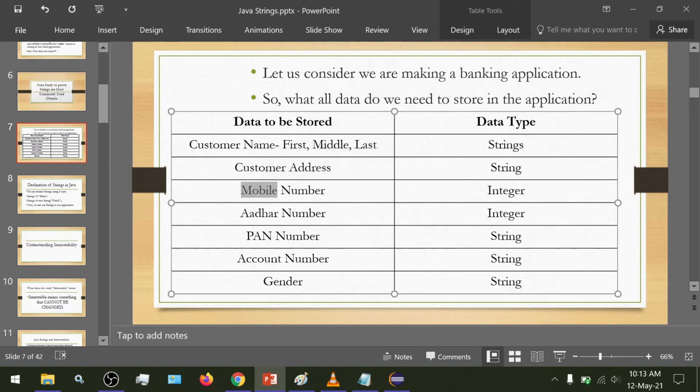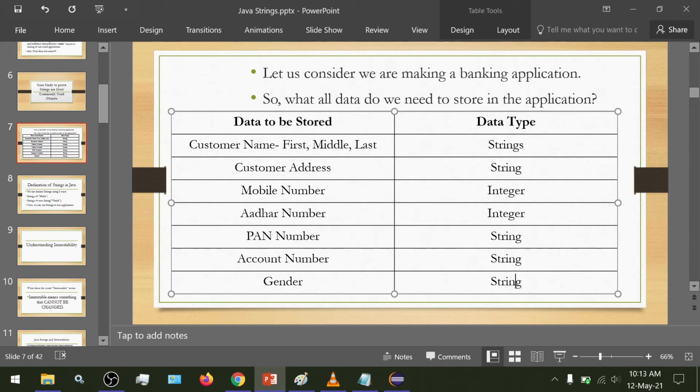We have the mobile number, we could represent that in integer format. We have the Aadhaar number, we could represent that in integer format. Then we have the PAN card number, it goes into the string category. Then the account number. Account number is preferably a string because nowadays it's a combination of alphanumeric characters, so it is preferred to keep the account number in string format. And then we have the user's gender, which also comes in string format.